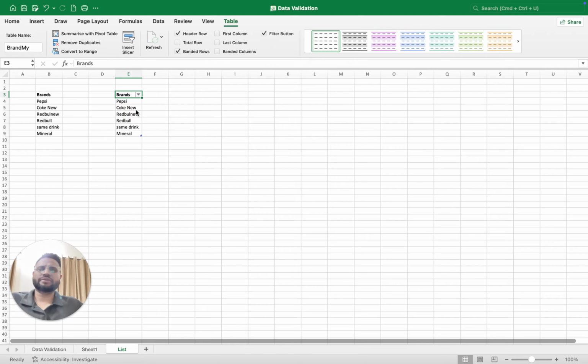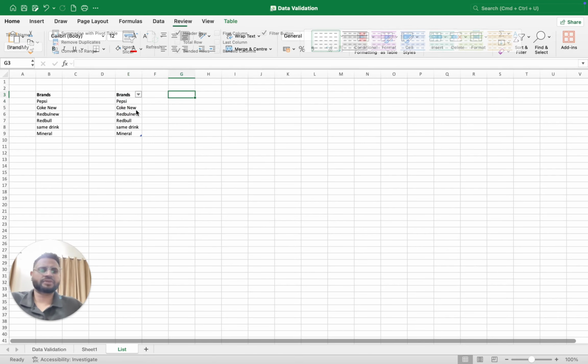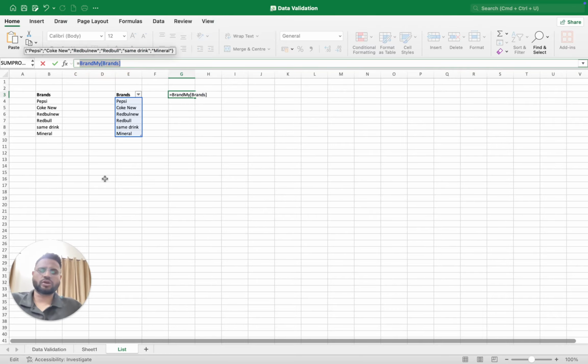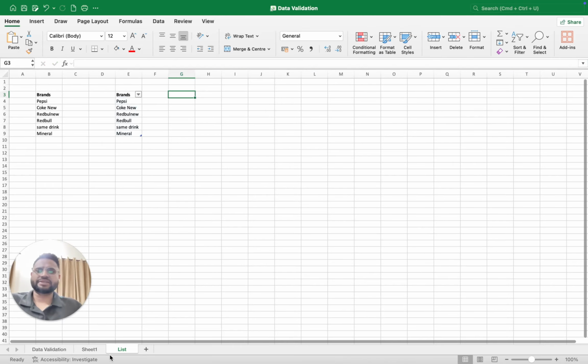Now, if you see here, I have created a table, and if I say equal to and I choose the table, it automatically chooses the table here, and it takes the reference using the name of the table and the name of the header. So you can copy this, press escape,